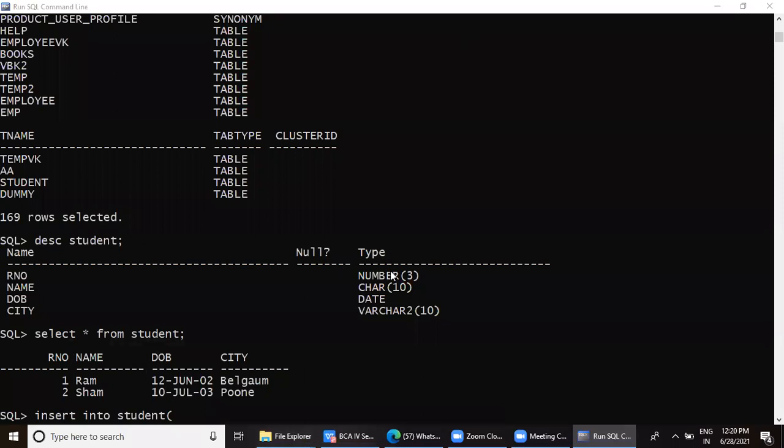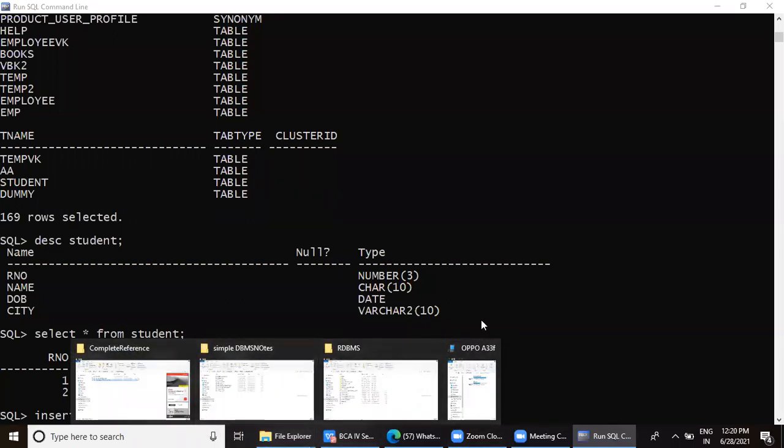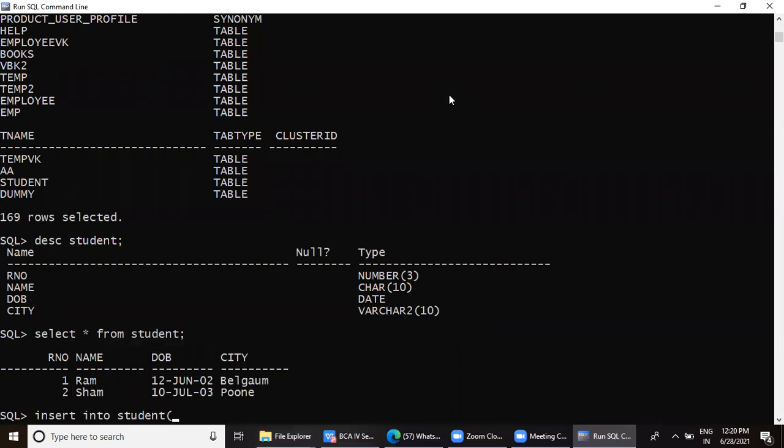Insert into student, and in sequence you have to go on giving the values. Now, what is the first value? Roll number. So I give roll number 3 and then give comma for the next value. Again, start a separate pair of quotes. The third value we have is date of birth.